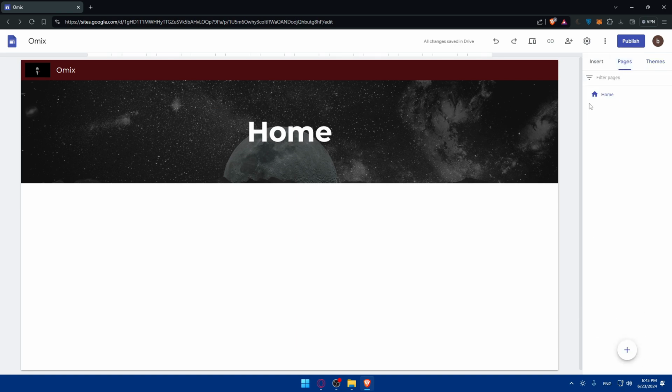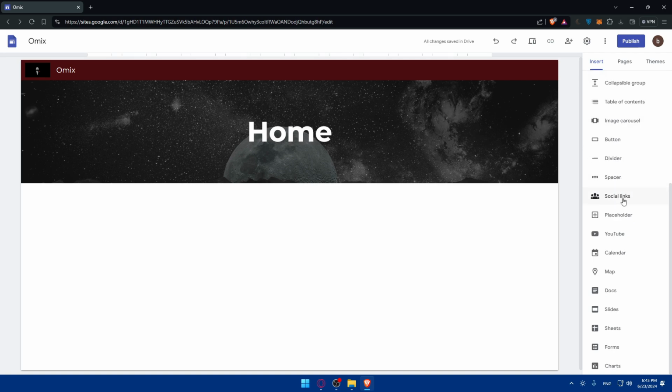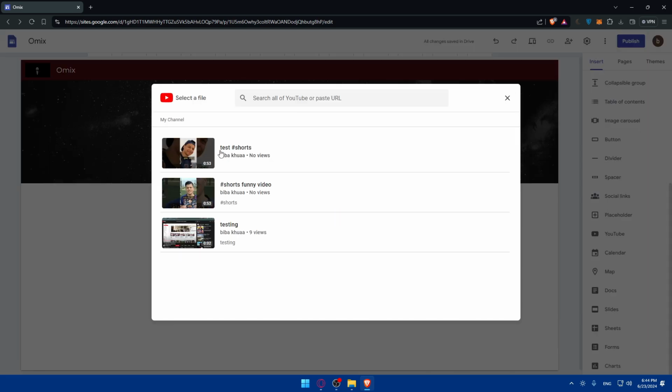And here you can start adding as many pages as you want, and here you'll be able to start inserting stuff. So as I said, we would like to add a video on our Google Sites. So if you scroll down, first of all, you have a lot of options to add videos. So as you can see, you have first of all this option of adding a YouTube video. So if you go and click on that, you can add first of all shorts videos from your channel right away, or if not short like a normal videos, or an example, simply search of all the videos that you